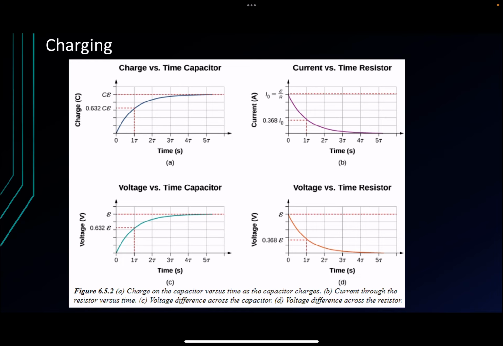All right. So this is our charge of the capacitor versus our current through the capacitor. Our charge is increasing, and the same thing is going to happen to our charge that happens to our voltage on the capacitor. So the opposites are happening, right? Our voltage is increasing on the capacitor as it is decreasing through the resistor. Once we first start to charge it, it's acting like a steady state or a regular circuit, but over time,